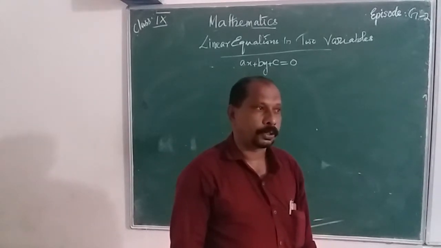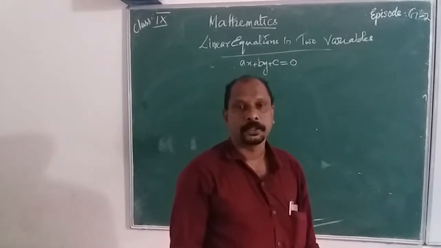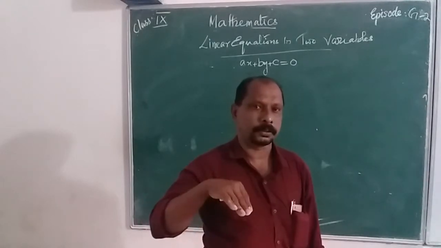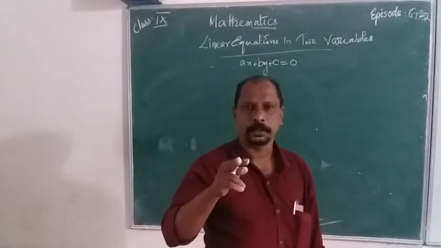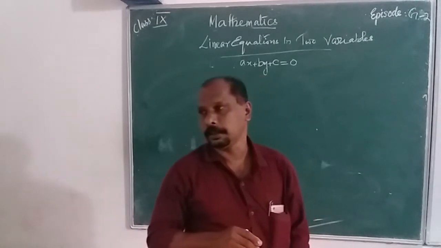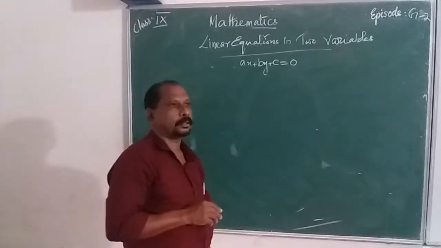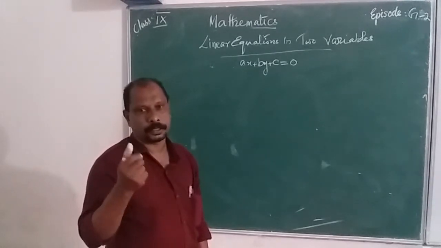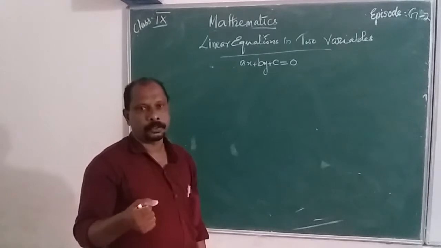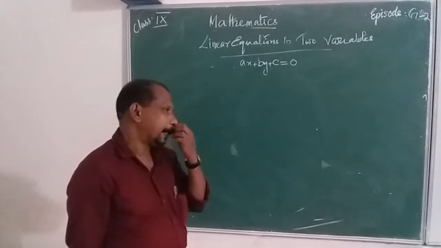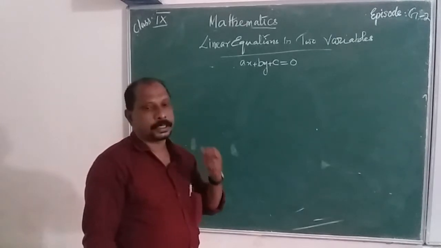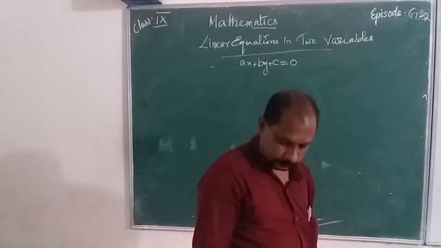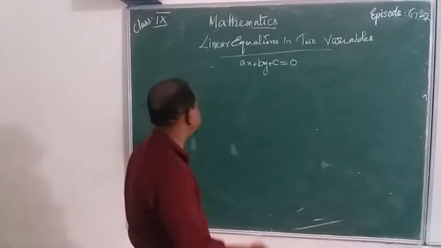Therefore, that line is known as an inclined or sloped line. Inclined means slope. Gradient, slope, inclination, these are also the same. Therefore, the line with x and y is known as an inclined line or sloped line or gradient line. Then the first exercise for that chapter is exercise 4.1.